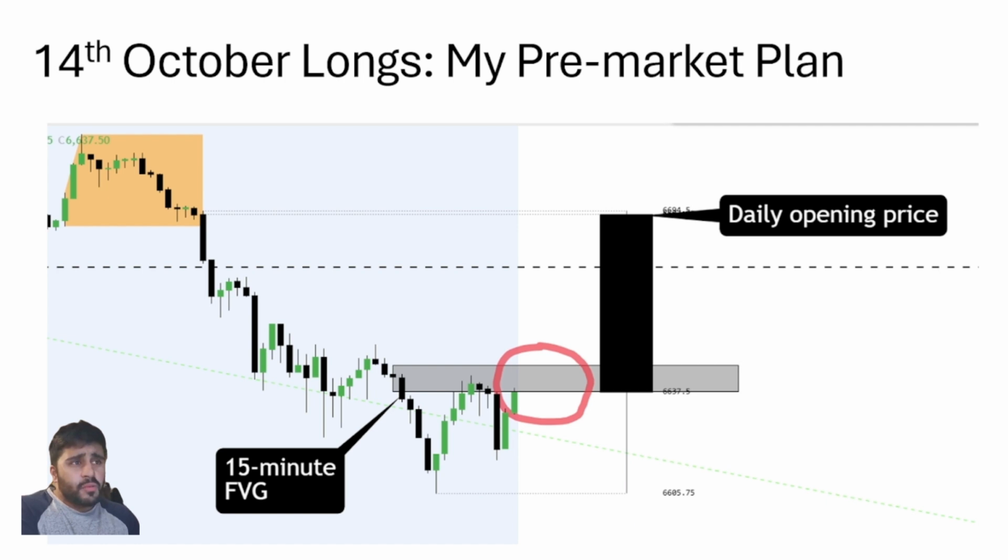So I'm going to be going over my pre-market plan and just a long I took on the 14th of October, right? So why did I take this trade? So this trade